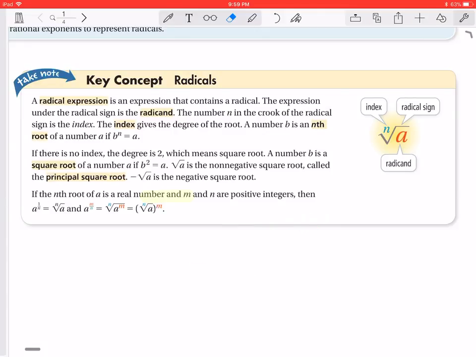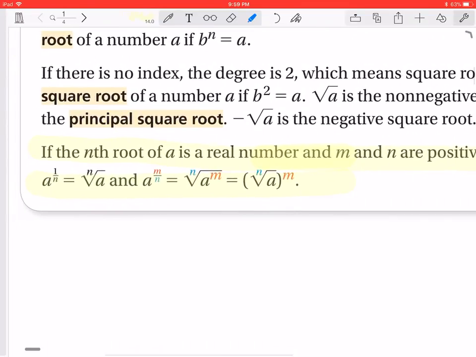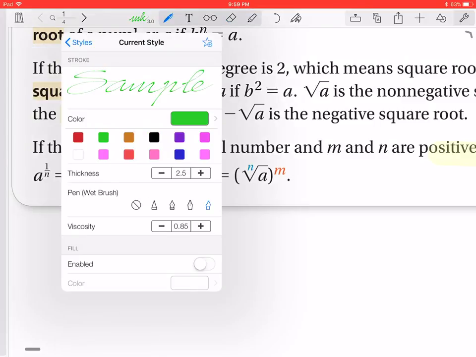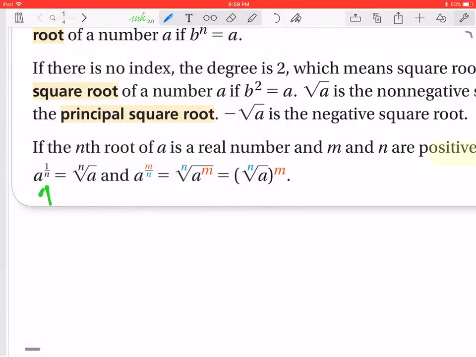Now, going on. We're going to talk about the nth root of a is a real number, and m and n are positive integers. So that's this section right down here. And if we look at this, we have a to the 1 over n is equal to the nth root of a. Now look, that denominator, that number in the bottom of our fractional exponent, that is our